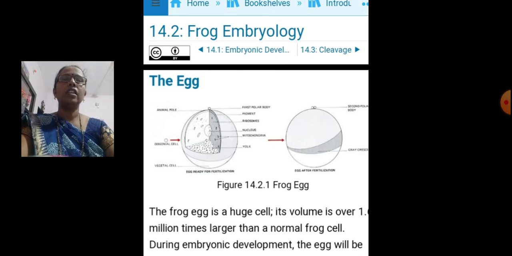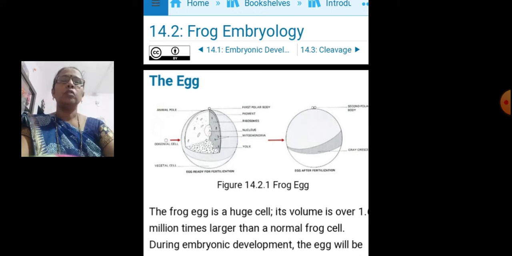Yes students, in the last period, we saw the types of eggs, and the structure of gametes in the frog. We saw that the male gamete forms sperm, and the female gamete produces the ovum or the eggs. Thus, we know that embryology, also called developmental biology, is the branch of science which deals with the study of the embryo. So, in this topic, we see frog embryology.